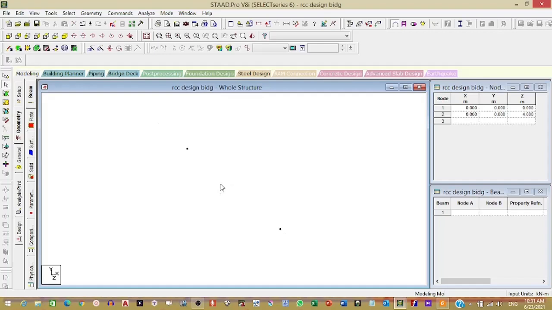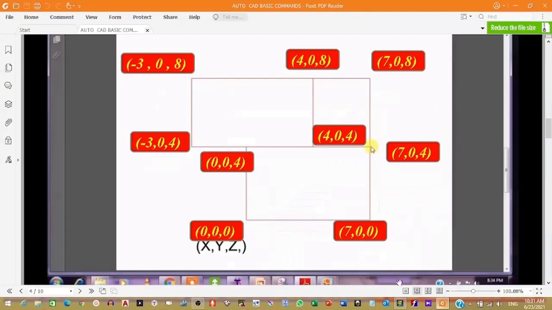This is the horizontal member. Here, every element, whether column or beam, is called a beam section. As per your civil engineering knowledge we call them vertical members or columns, but in STAAD language it is called a beam.